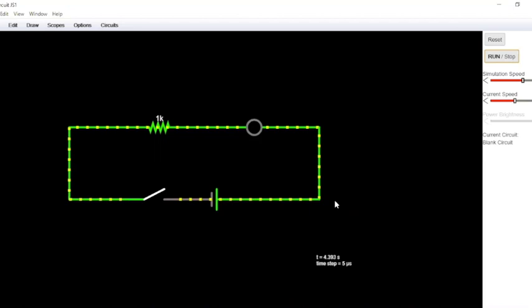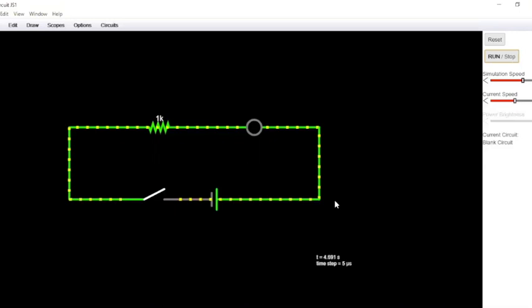Okay, so after learning about the concept of resistor, LED or bulb, your battery and cells and switch, and the most important, that is connecting wires, now I will show you how actually the circuit works when you switch it on and switch it off. That means I will show you how your LED light, that is the lights of your homes, turn on and how it turns off when you use the switch.